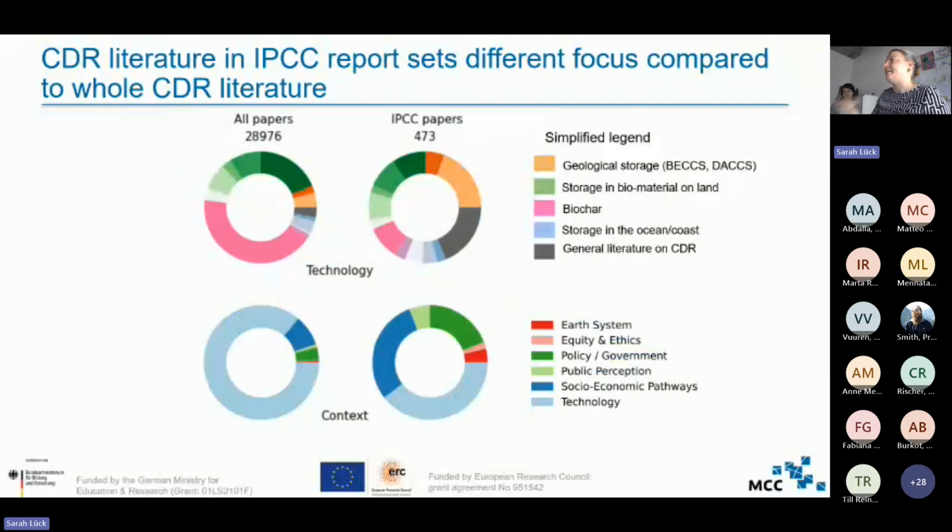Basically the same content, but from a different angle, can be seen when you look at the main focus of the paper. We see here most of the papers study the technology in itself and try to improve those technologies, or look at the side effects. And this focus here shifts to socioeconomic pathways and policy and governance. Okay,